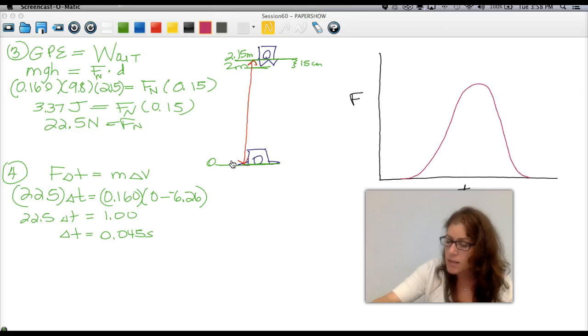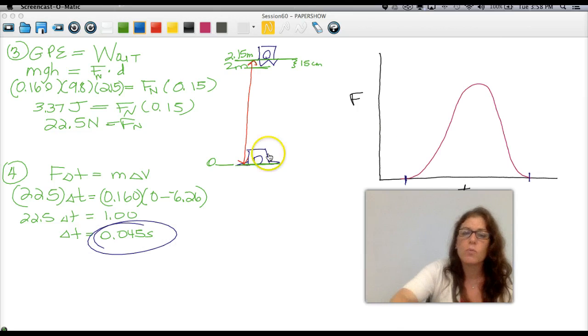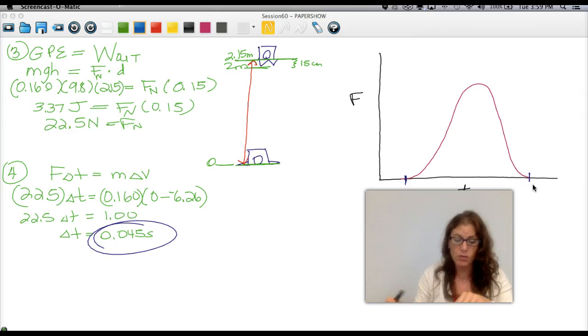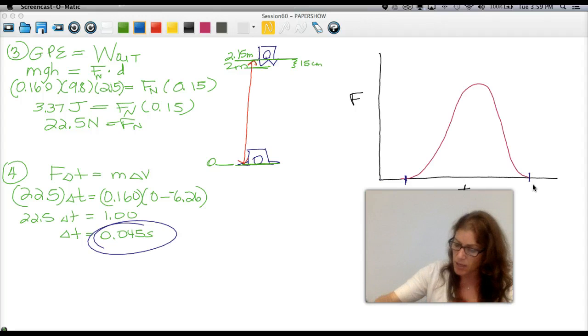The contact time when it hits the floor from here to here is this time that you just solved for. So if you can make this 0 and this 0.045 is fine, right? But from the time it dropped, we already got that time. The time of the drop itself is 0.64 seconds,